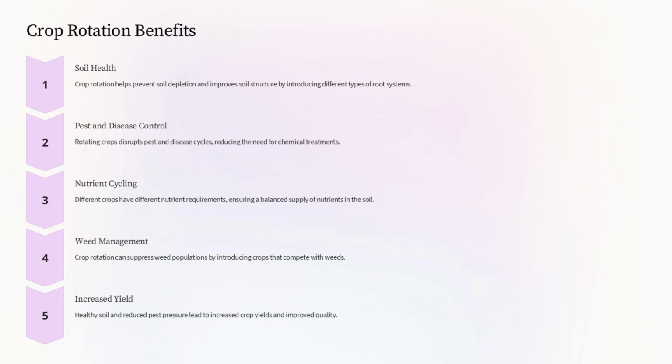Rotating crops also disrupts pest and disease cycles, reducing the need for chemical treatments and promoting more sustainable farming practices. Different crops have varying nutrient requirements, so rotating them ensures a balanced supply of nutrients in the soil, further enhancing soil health. Crop rotation can also suppress weed populations by introducing crops that compete with weeds, reducing the need for